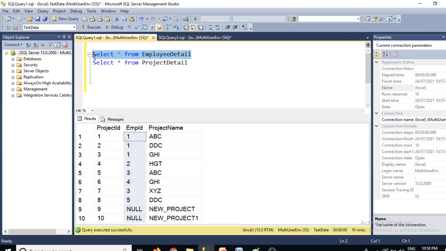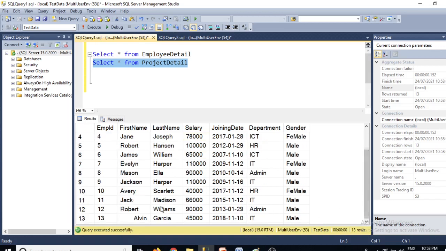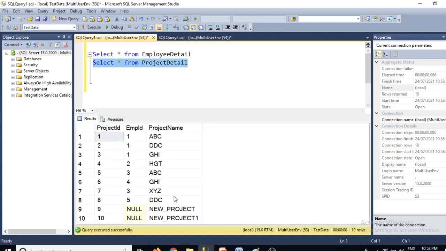So if you see, we have all the employee records in this employee detail table. Employee ID is the primary key of this employee detail table, and we have corresponding projects for the employees. But the projects are not assigned to all the employees. Okay, so we have 13 records here, and if you see in project detail we have only 10 records.